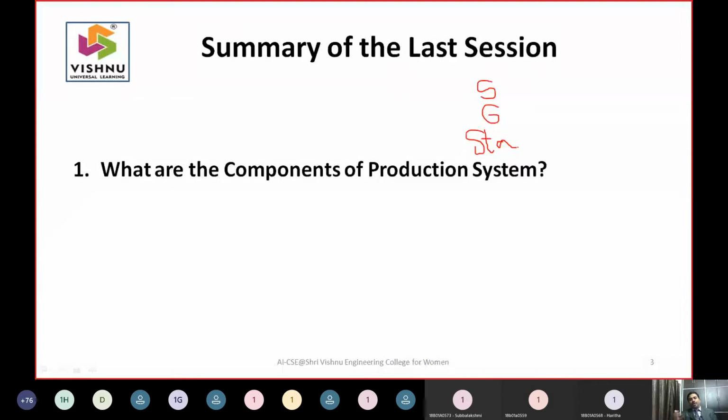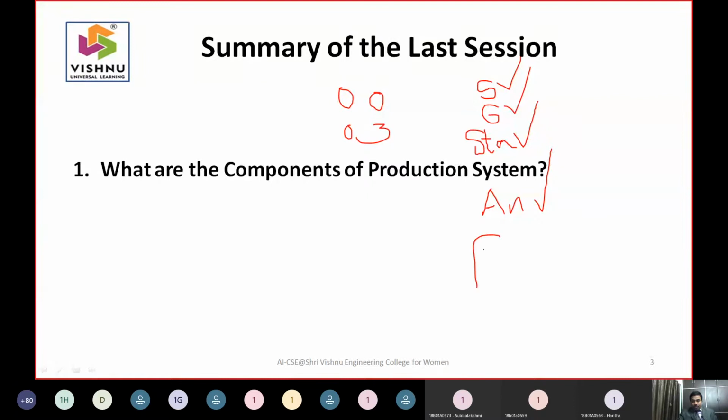While you are implementing a game like chess, the state space will be an 8 by 8 matrix. In the same way, for a tic-tac-toe game, it will be a 3 by 3 matrix. State space is what your algorithm will operate on. So you need to identify the starting state, then the goal state, then go for the state space representation, and then analyze. This part was also done. We started with 0 0 and then we got 0 3, and so on. We have done the analysis also.